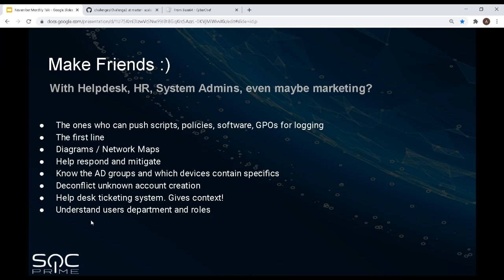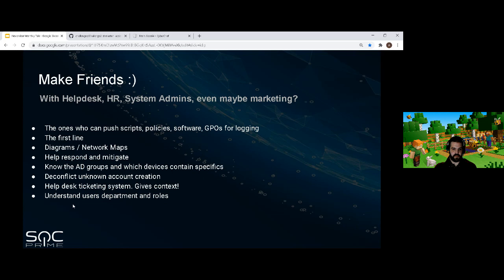I just figured out with the help desk ticketing system, giving context around this situation, that there was a ticket for a computer for an administrator who was troubleshooting something. And that pretty much 90% verified it was a false positive, whatever. So